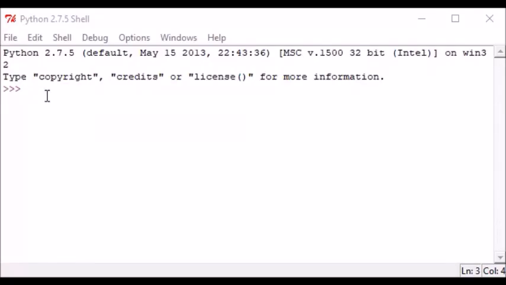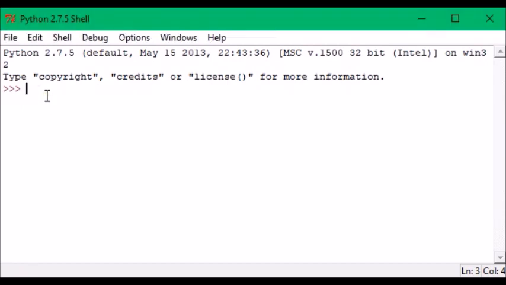Let's say s is equal to "Hello world!". This is the syntax of defining or creating a string. You have just defined a variable s, which is equal to, inside the inverted commas, Hello world!.